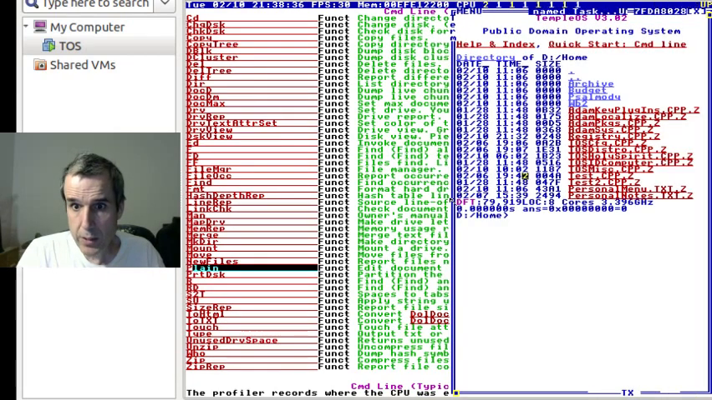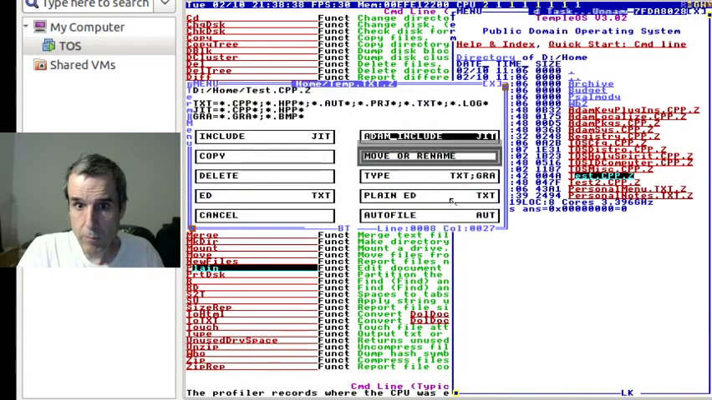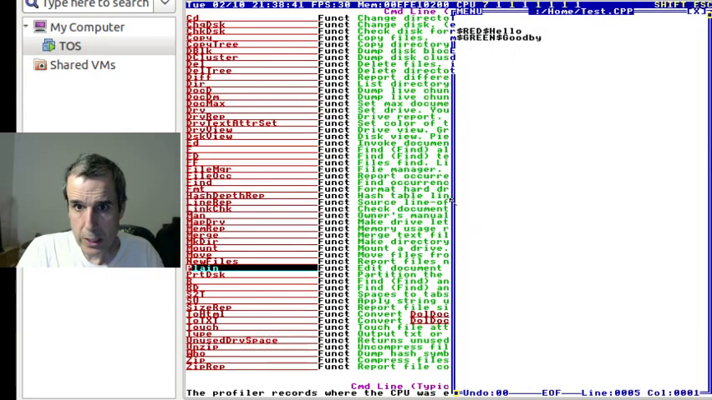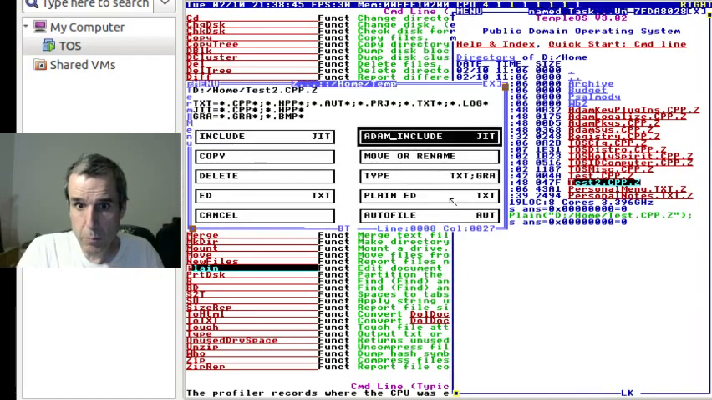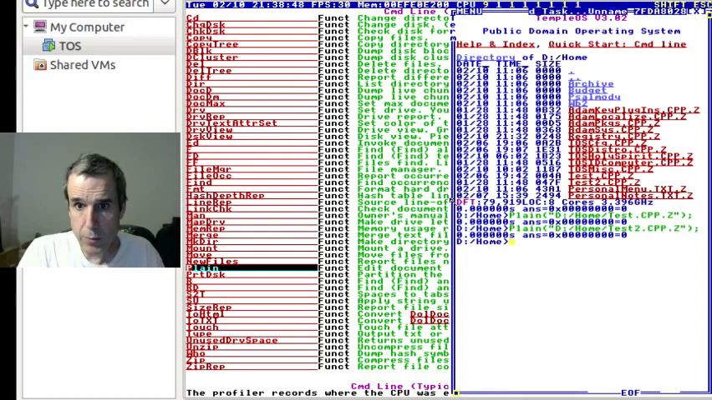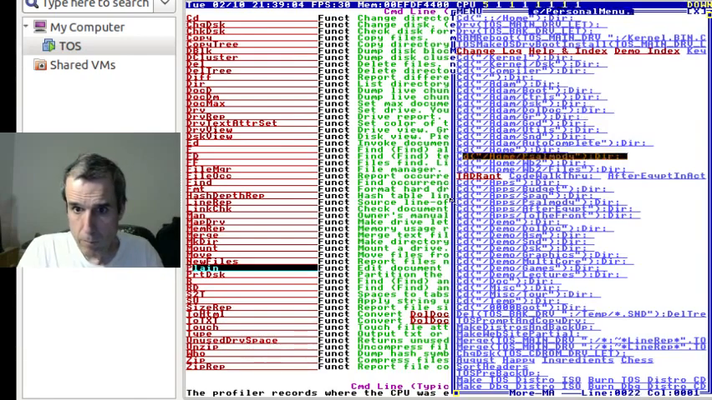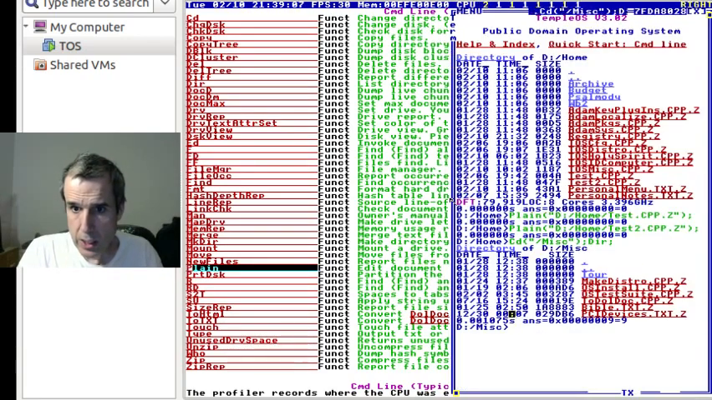Let's say if you do plain text, it starts up in plain, which is just another way to enter the editor. If you are importing files,